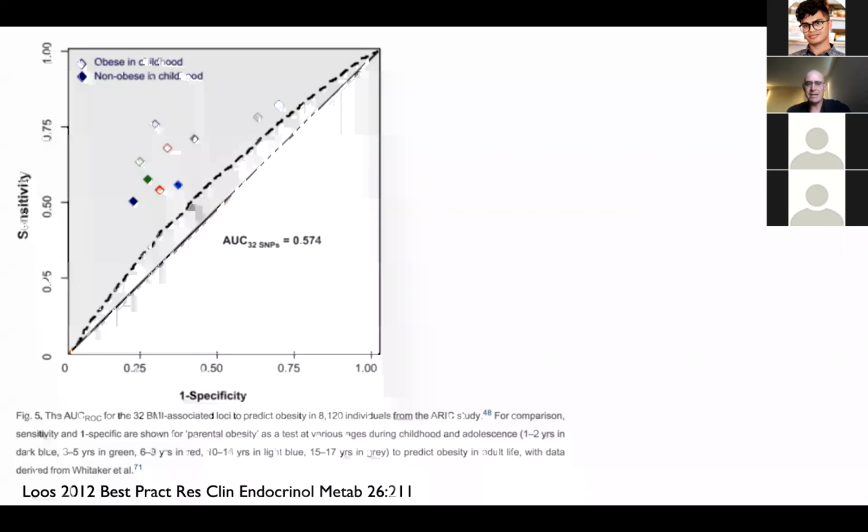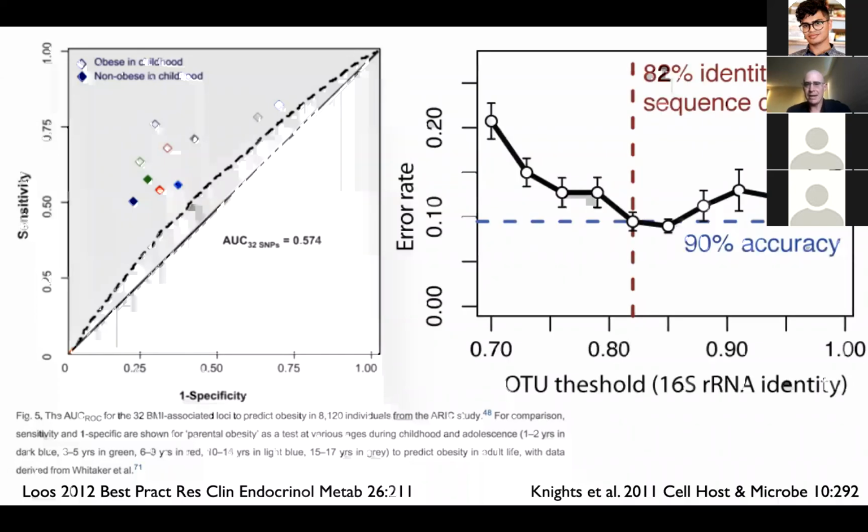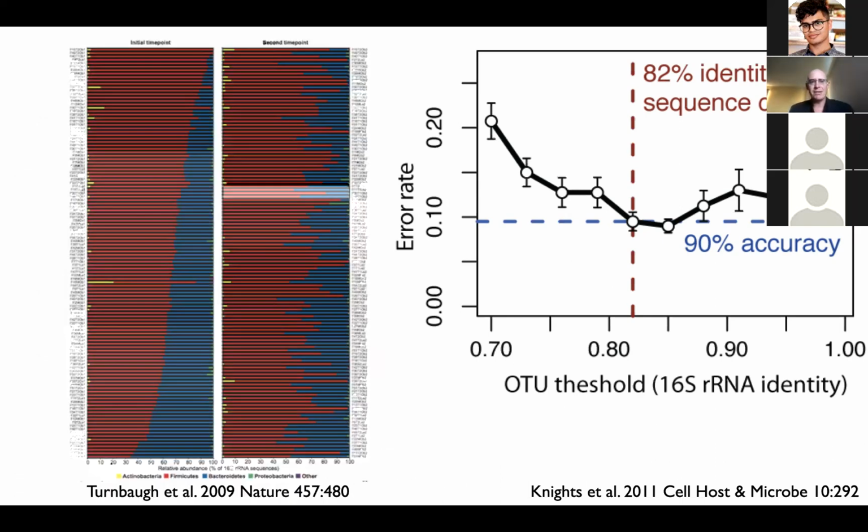And you can see that's basically a straight line diagonal. Whereas as we vary what's called the OTU threshold, where we group the microbes into more detailed or less detailed categories, what you can see is that by using an 82% identity threshold on the sequences, even back in 2011, when Dan Knights, my graduate student at the time, who's now a faculty member at Minnesota and who introduced the concept of machine learning into the microbiome field, he was able to get 90% classifier accuracy by using a broad identity threshold. But I want to point out that the underlying data is incredibly noisy.